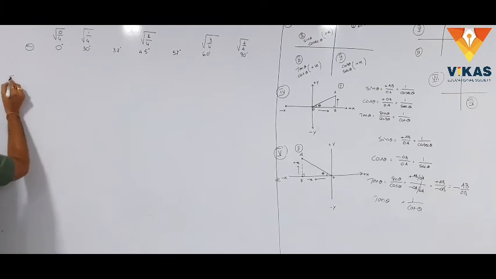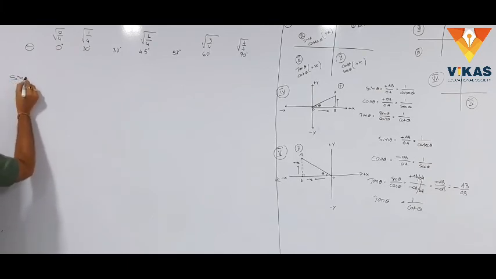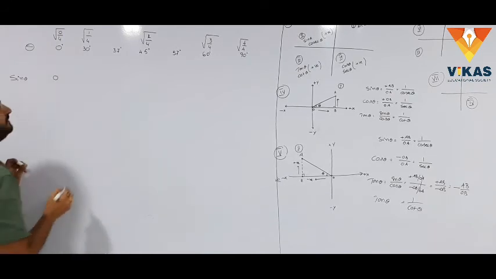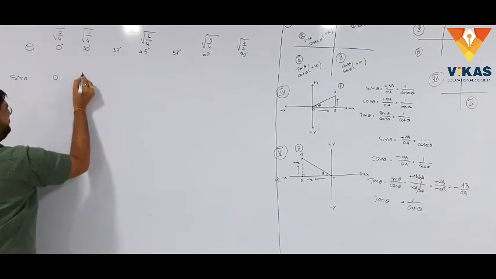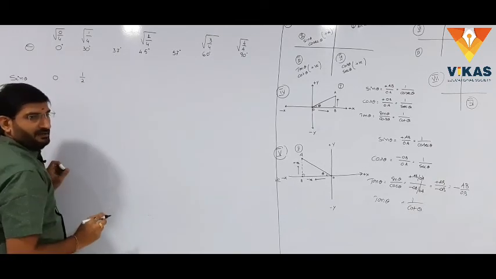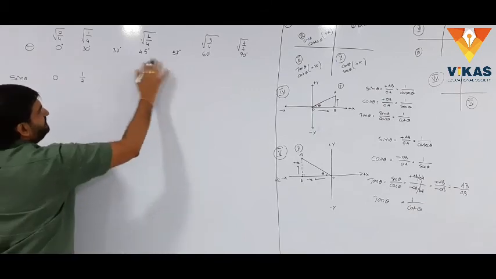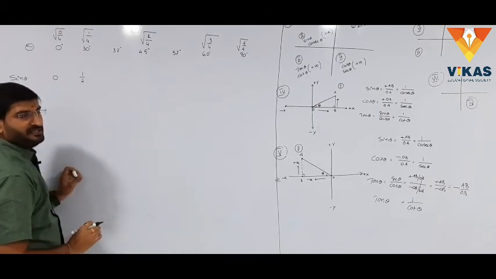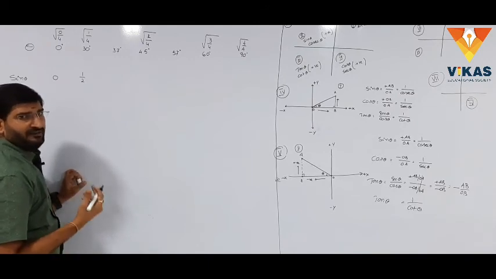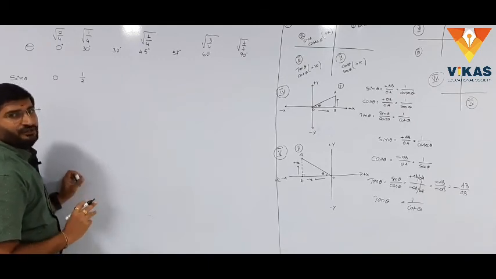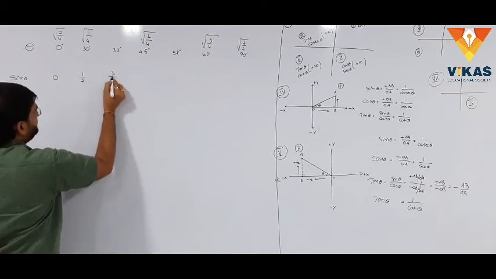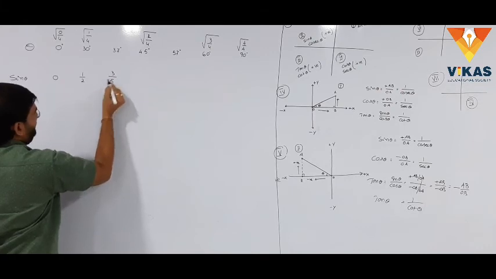Here, sin theta. 0 by anything is 0, so sin 0° is 0. Root of 1/4 is 1/2. Sin 37 is excluded from this concept. Generally sin 37 is derived from a different formula, but I will discuss the answer only. No need of derivation for sin 37. The value of sin 37 is 3/5.